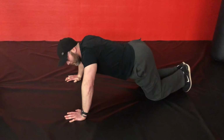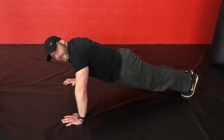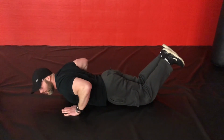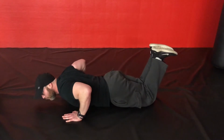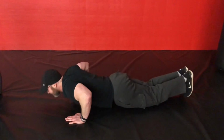So if you have to be on your knees, the longer the lever, the harder it gets. So people will shorten to their knees to make it easier. If you have to be on your knees, that's okay. Lay down here on the floor. Start from here. If you can get one good rep, keeping everything nice and tight and engaged, allow yourself to come back to the floor. That's okay. That's really where you want to be. And then once that gets easier,